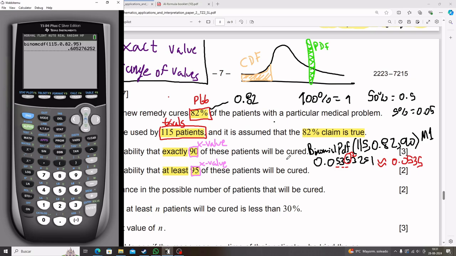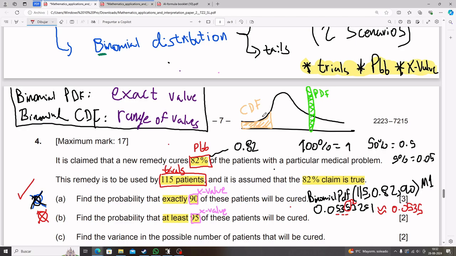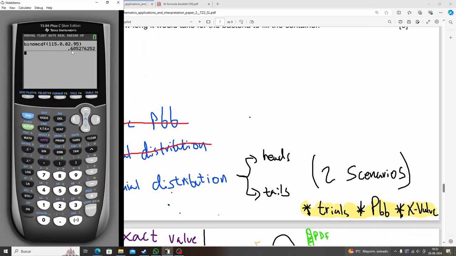And this is because what we haven't talked about yet is how binomial CDF works. Okay? So the first thing that I need to mention is that, much like I drew here, CDF works from left to right. And so technically what we did just now when we plugged in binomial CDF with an X value of 95,